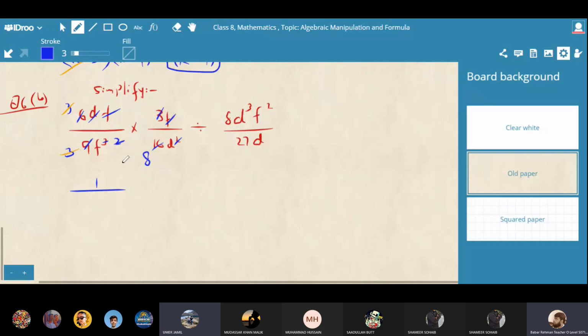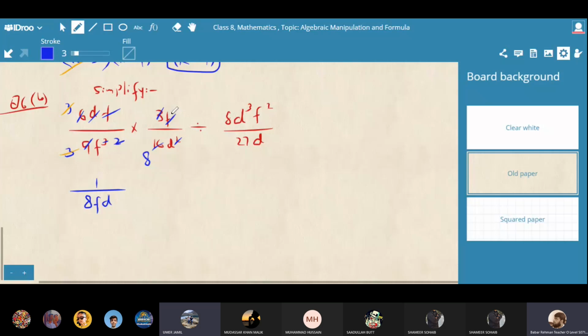Very good. And in the denominator, what is left? 8, and f square to the power 1 of d. D is left. Is this correct or not? Sir, f square is also there. Which square is there? Sir, when you cut it, f cube becomes f square. One more F is cancelled. Please look at this. There are two F. I have cancelled two F, 1 and 2.